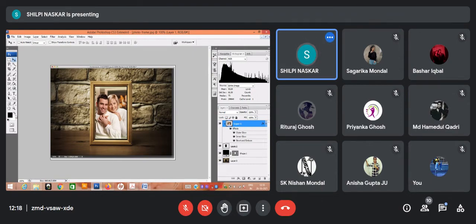See, if the black is not proper in background and foreground, you have to flip this, or you can click over here, you can click X. If it is not done, then even if you follow the steps, it will not work. Then you'll say, okay, ma'am has not given the steps properly. No, the format is not proper, because you will be working on the basic workspace, but here I am working for several hours, so my setting is different.